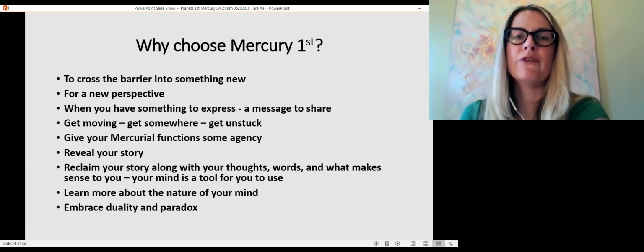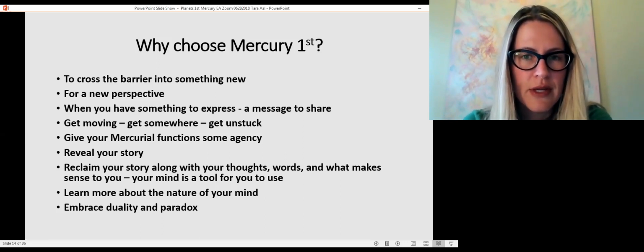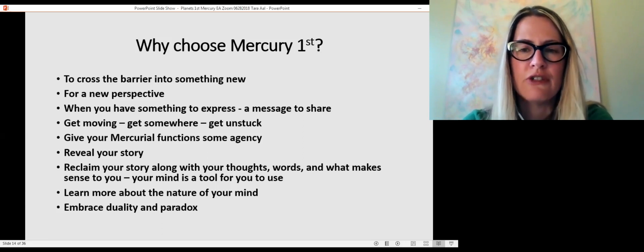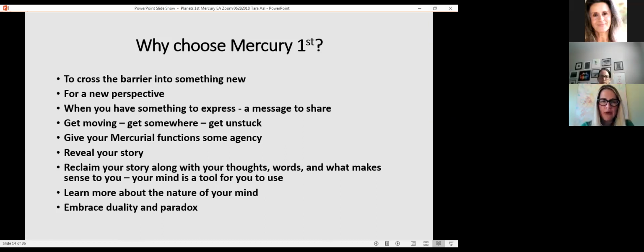If you want to have a new perspective on something, another thing ruled by Mercury, it's a good choice. If you have anything to express or a message to share, Mercury first is your friend. It's an ally. Mercury wants to keep the story going. If you need to get moving in general or get somewhere or get unstuck, Jason Hawley talks a lot about Mercury in mythology, which I am not an expert in, but I picked up little pieces here and there, and he talks about how in stories, Mercury in mythology always keeps things going.